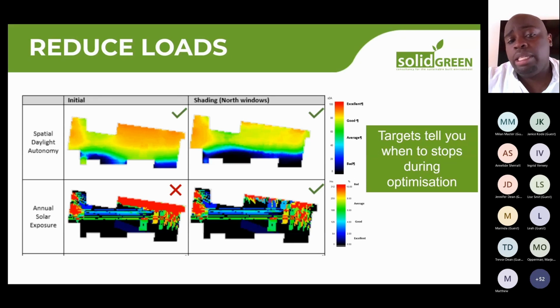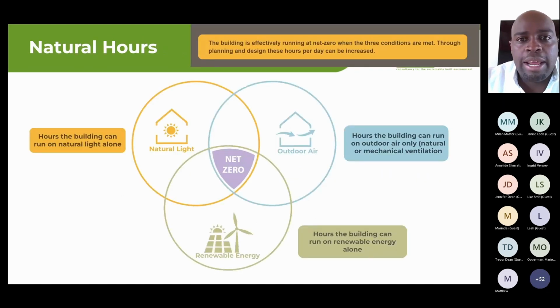And this is essentially why you go through this process and why you have targets. Sometimes you find that without a target, you're not going to know when to stop or when a solution is good enough. So running at net zero, or I suppose in this case we should update the slide to being regenerative, is the more time in the year that you can achieve this balance with nature,